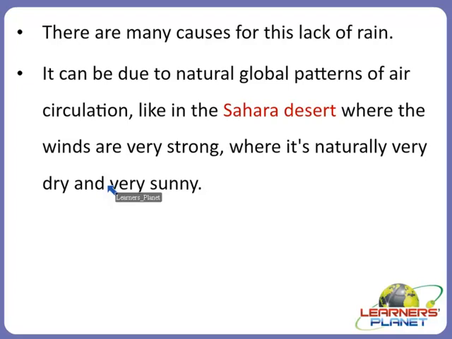So there are many causes. In other parts of the world, droughts can be caused when high pressure weather systems last for several weeks. When there is a high pressure system, no clouds will form because no water can evaporate there. When a high pressure system is over an area for too long, there is no precipitation. So high pressure systems bring lots of sunshine, but can stop the passage of low pressure systems that bring rain.